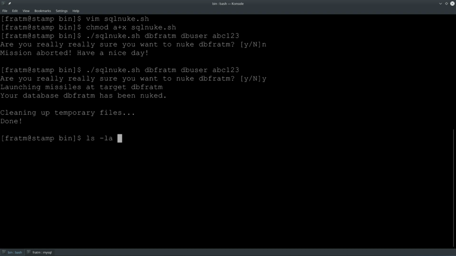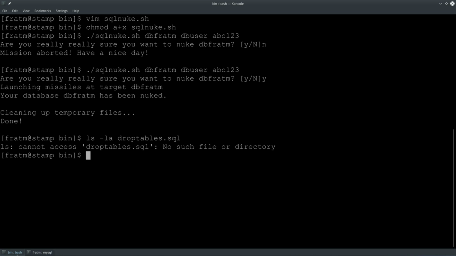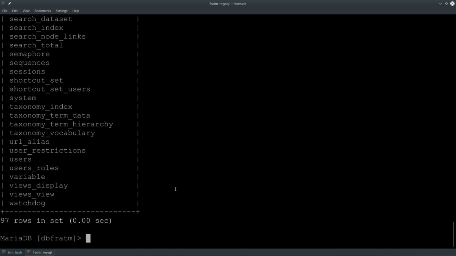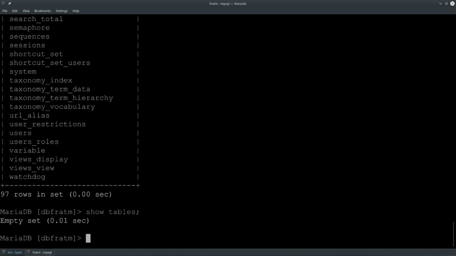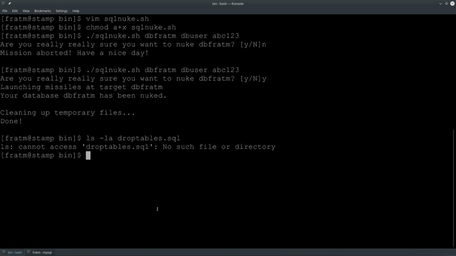Now ls, see if that drop. Yeah, I don't have a drop tables file, so it did clean up after itself. And then my database, show tables, empty. And it's that simple. So just to clarify,